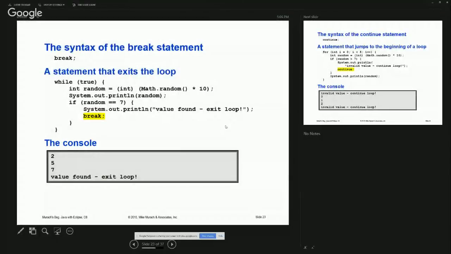So we start here. Here's an example of how we might use the break statement. Let's try to go through this code and understand it line by line. In the previous section of the class, it seemed beneficial to code it yourself, so you might want to code it yourself and then see how it works. But even before we code it, let's see if we can tell what's happening here. So we're told while true, so that means we're going to keep on doing this. And then we have an int random, which is equal to,